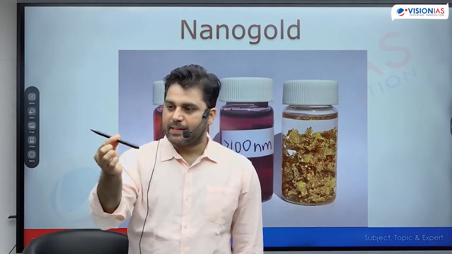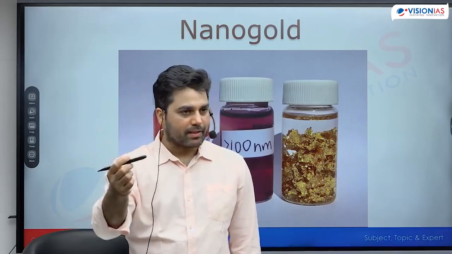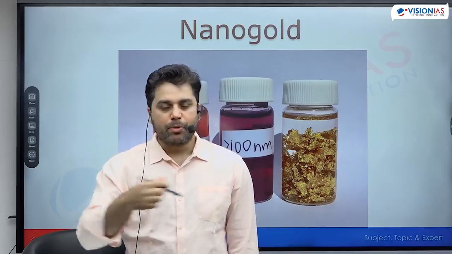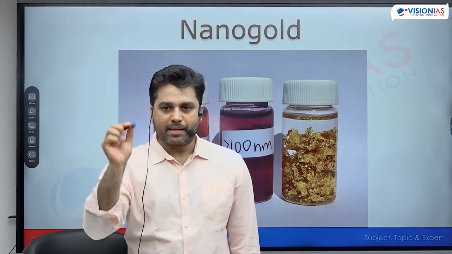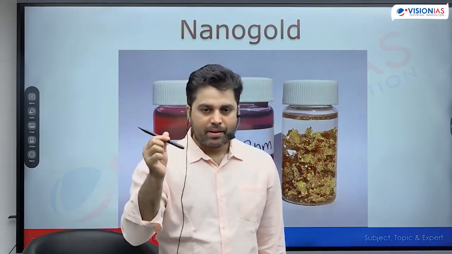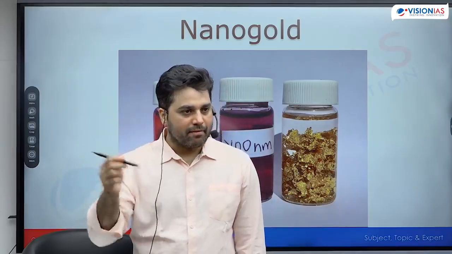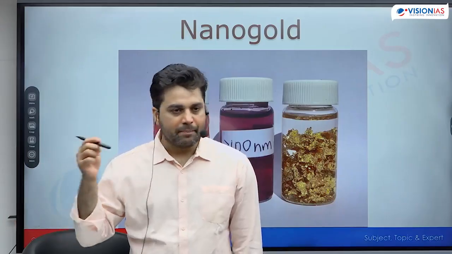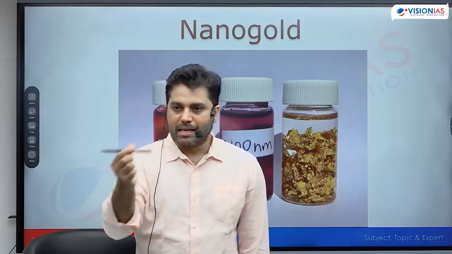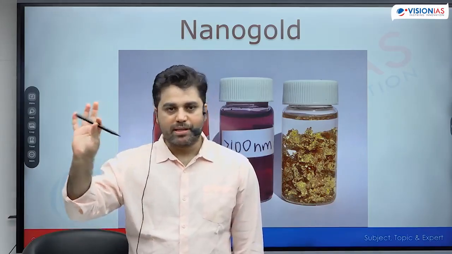Let's divide this pen into two parts, or into 2000 parts for that matter. All of the properties which I described about this pen are not going to change. It will still have that dark gray color. It will still not be a very good conductor of electricity or of heat. It will still not have very high chemical reactivity, even if I divide this into 2000 equal parts.